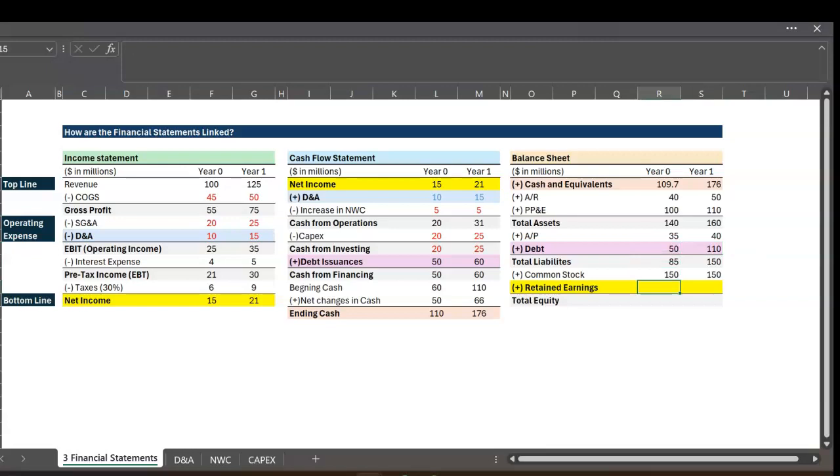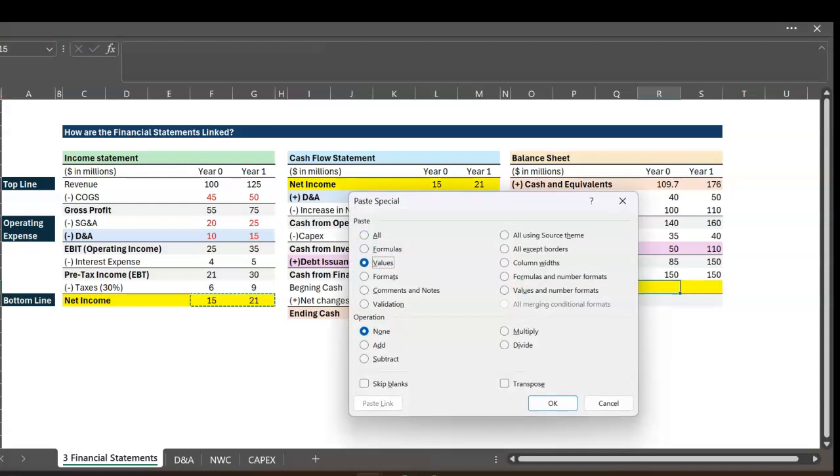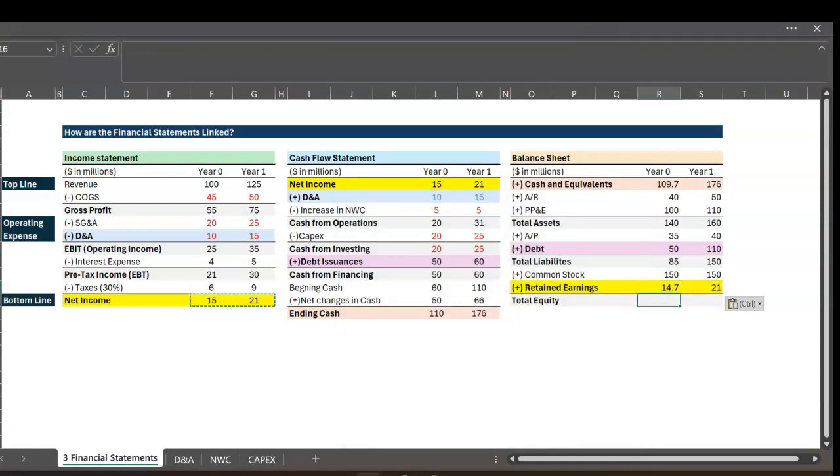Now talking about the retained earnings, again it is directly connected to the income statement. So coming to the income statement part, we're just directly taking that net income from the income statement and placing it in the balance sheet because it is directly connected. And one thing to remember, retained earnings is net income minus dividends, and in this case we are assuming that there are no dividends, so it is 15 and 21, the same as it was in the income statement. And to find out the total equity, we'll just be adding back,